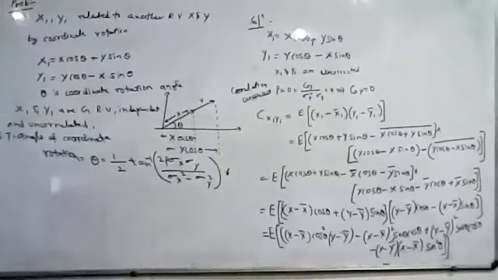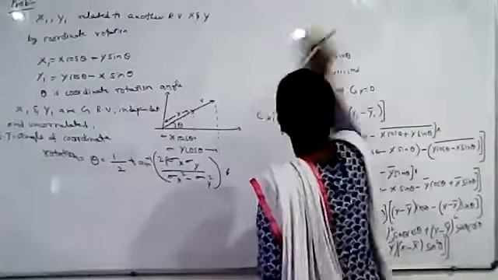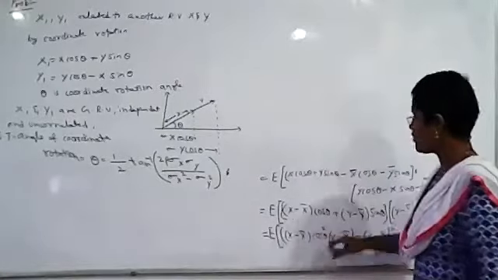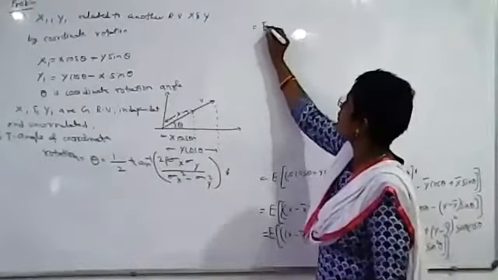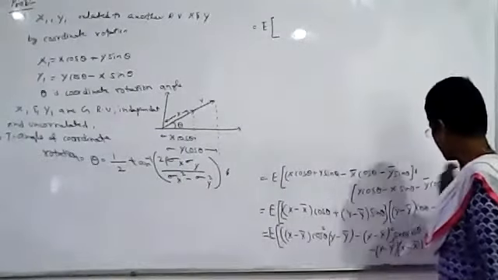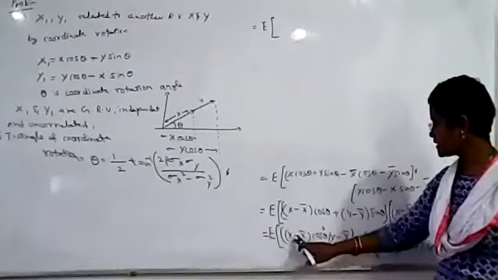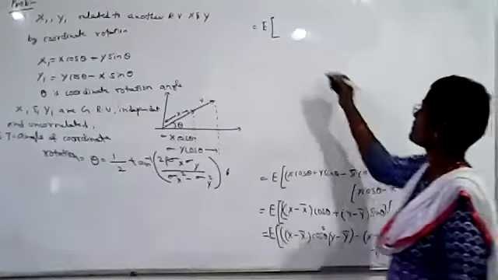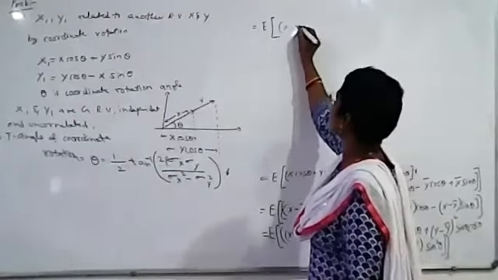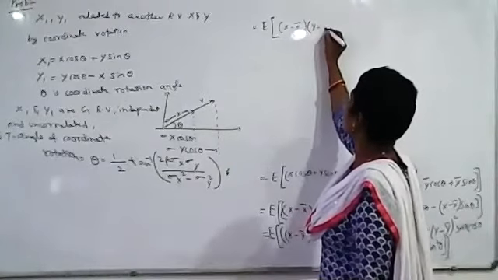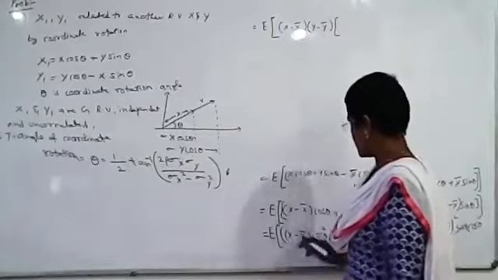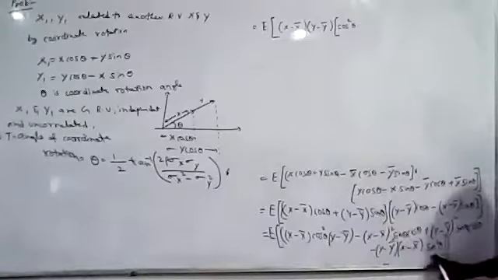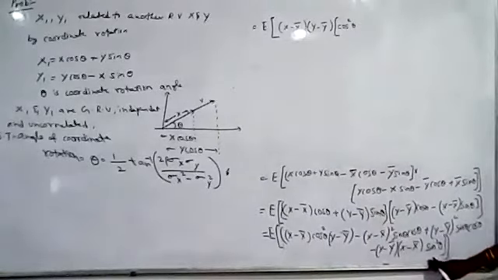Okay. So next we'll write here. I'll continue this here. So what did we get here? It is the expected value of, see here, x minus x bar into y minus y bar. We'll take x minus x bar into y minus y bar common. If you take it common, here we will be getting cos square theta, whereas in this term we have minus sin square theta.